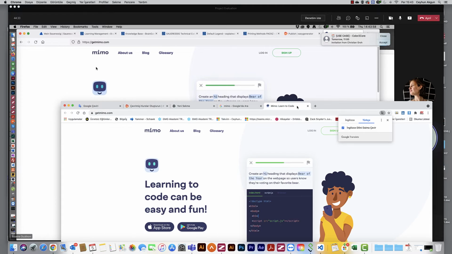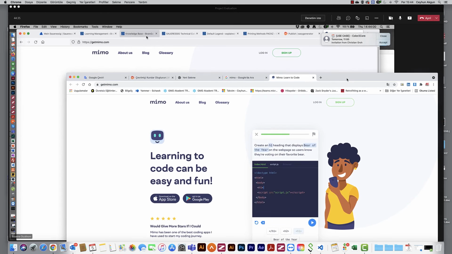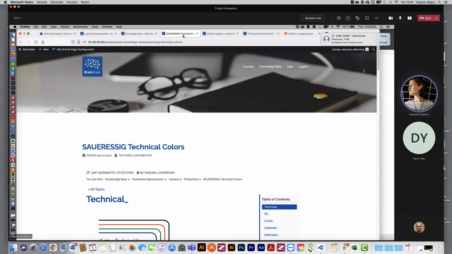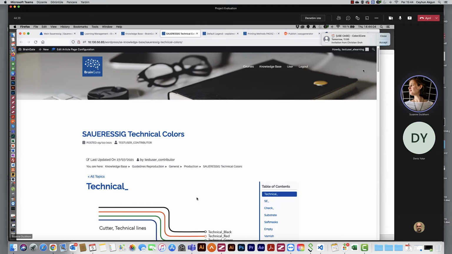All right. Okay, and I wanted to show you something else. So we have the standards for our printing methods, and he should use in live objects, and we have standards for technical colors. So I don't know how it is in Izmir, but in Vreden we always had, for every team, for every operator, sometimes they always use different color names.